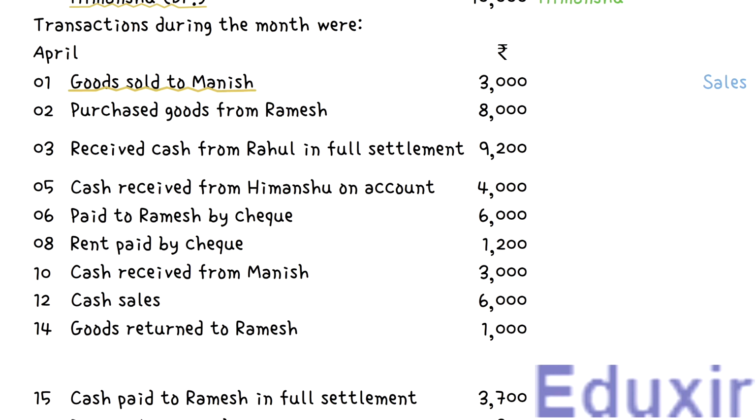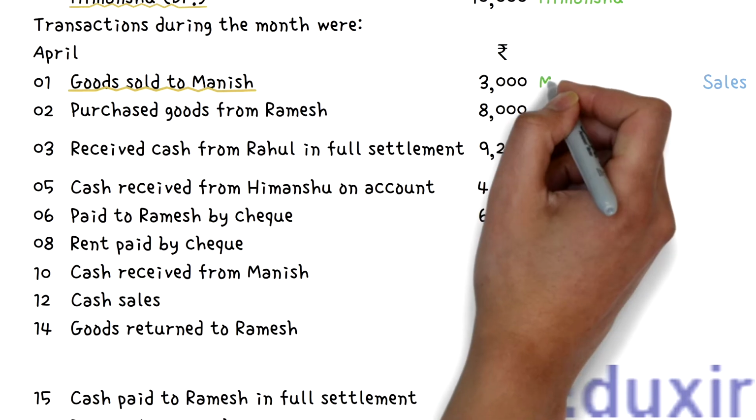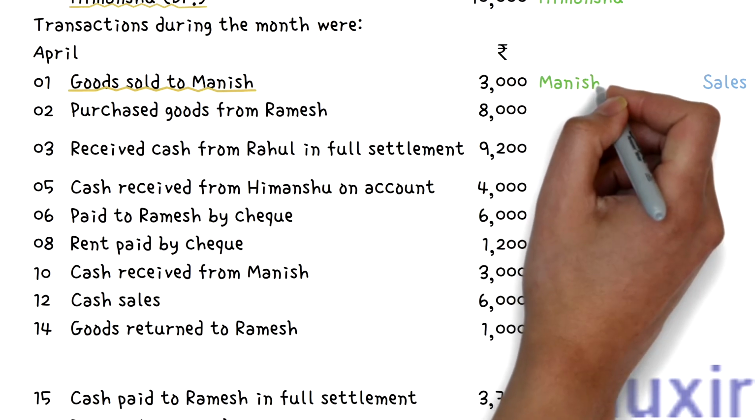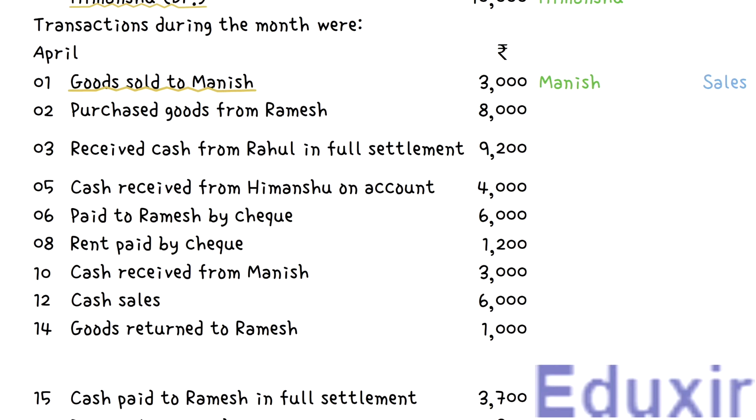On the other hand, as these goods are sold to Manish on credit, Manish becomes the debtor of the business. In other words, the debtor asset of the business is increasing in this transaction. The rule to record any increase in the asset is to debit the corresponding assets account. In this case, the debtor Manish account should be debited. With this analysis at our disposal, let us now proceed with the journalizing of this transaction.